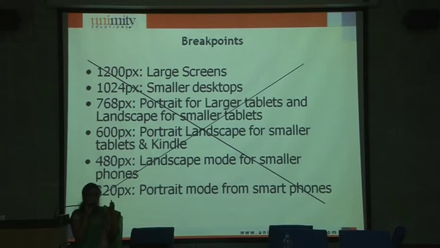And they used to base the designs on these device widths. But this is not a very good approach, because with the ever increasing number of devices, you will then be forced to look at a varied number of options. Instead, as a designer, it may be good for you to design your website and see how it should degrade